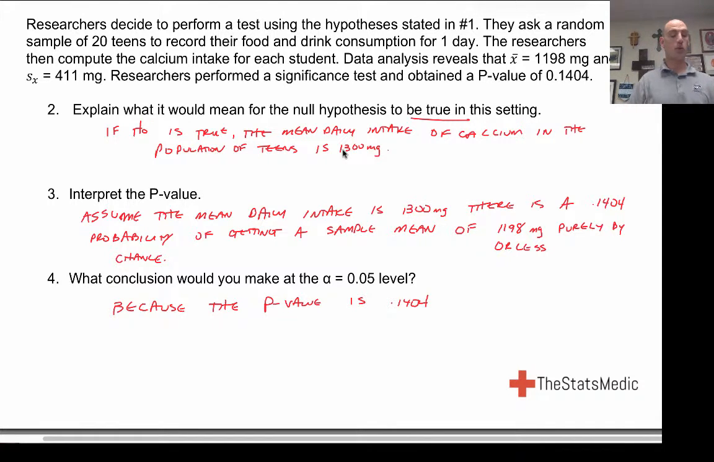So because it's 0.1404, we're comparing it to a 5% level. So what we're saying is 1,198 happened 14% of the time, which means that purely by chance, it came up 14% of the time. So that is greater than alpha. That's alpha, which was 0.05, which means that we fail to reject